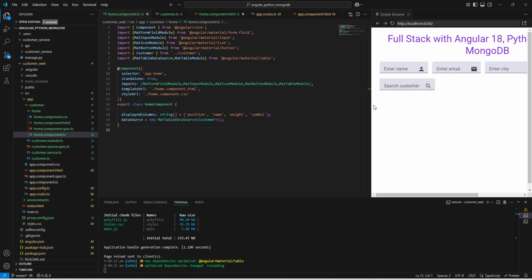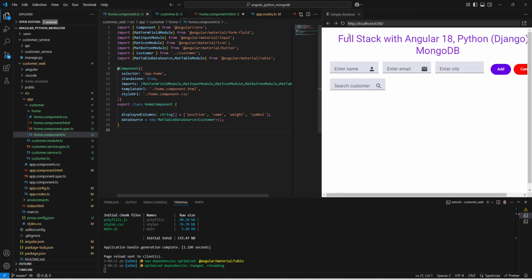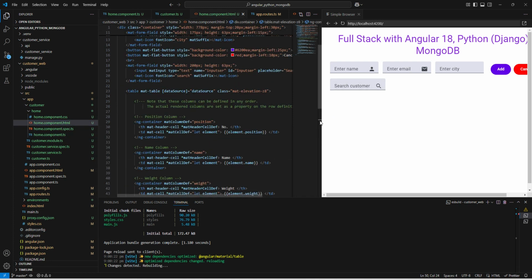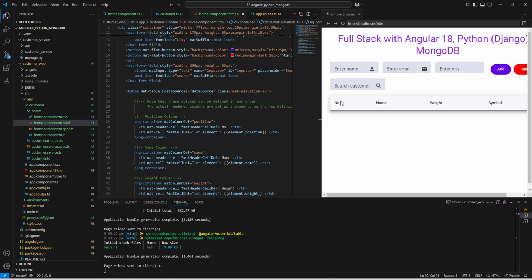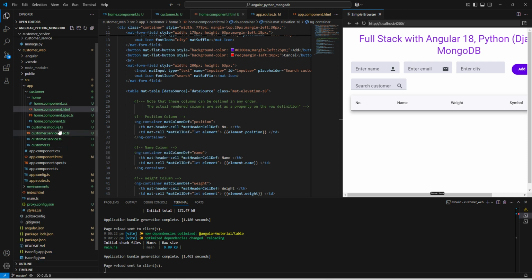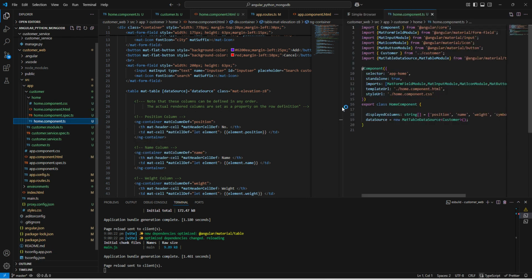Now here, it is still loading. Let us see what it will show. Now here we have an HTML, we need to save it. Now here we can see it is showing the column headers, okay, VS Code. Now we want to change it to our column headers, as per our requirement. Okay, so let us go to the TS file first,